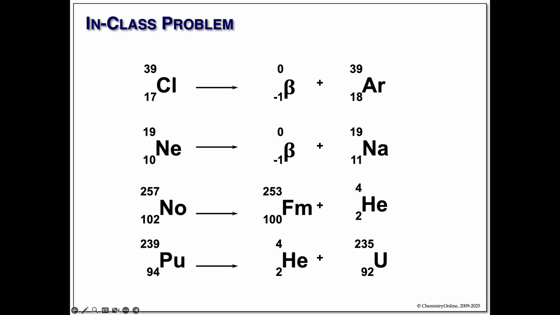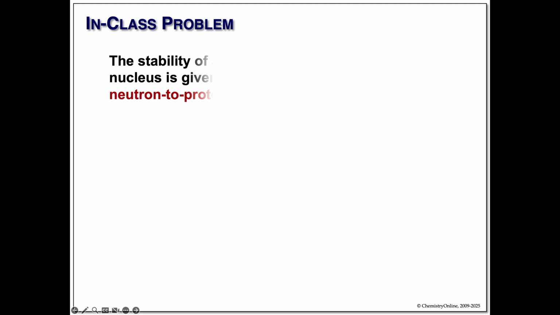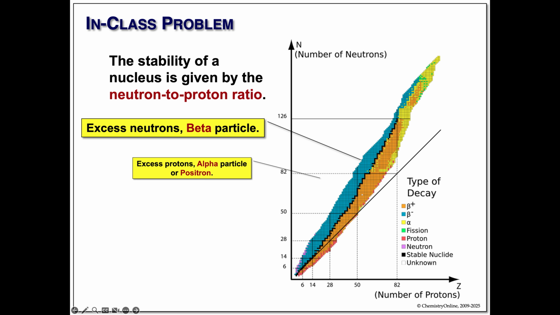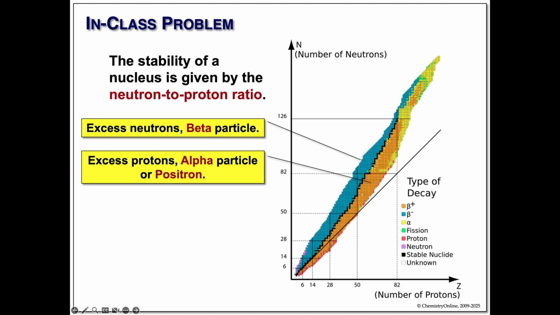Now, what makes a nucleus unstable? Basically, it's the neutron to proton ratio. This little black line that kind of goes up like that, that's the line of stability. Things that have too many neutrons tend to be beta emitters. Things that have too many protons go down here, or are alpha emitters, so all these guys. And this, the green stuff, this little blue right up in here, those nuclei undergo fission.